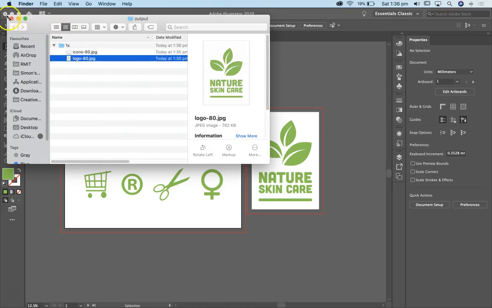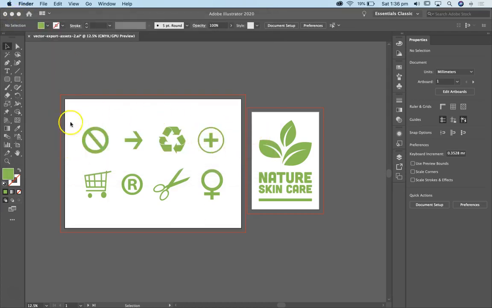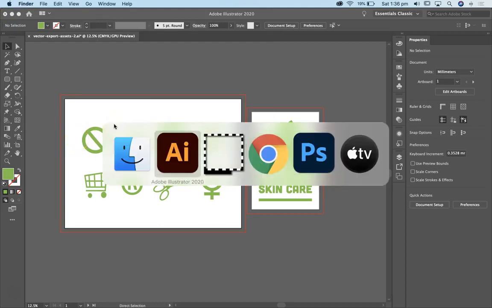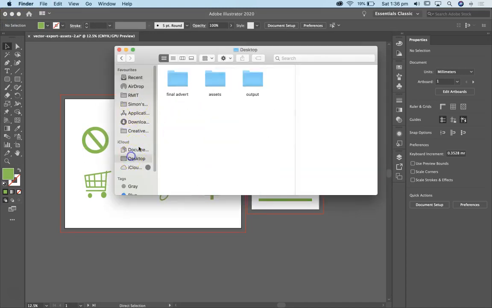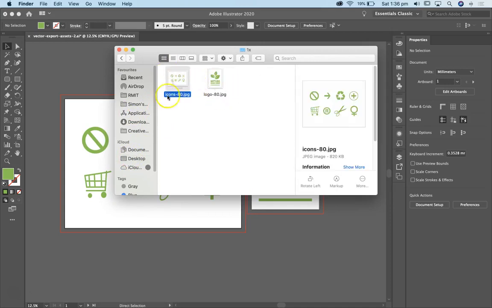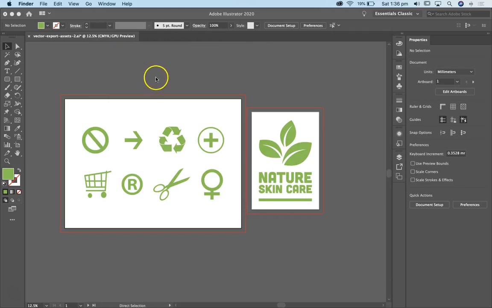What about if I wanted to export out these items separately, separate icons? Because you can see here that, if I just quickly go back to that output folder, it's exported out all of those icons as one complete image. That's probably not what you're going to want with an icon set. I'm going to want separate individual files for each icon, and we can do that